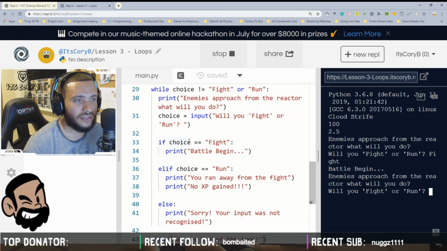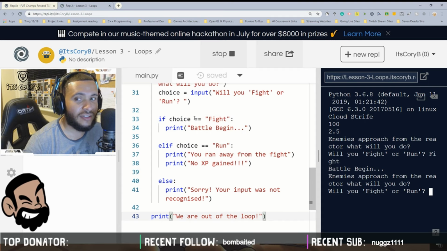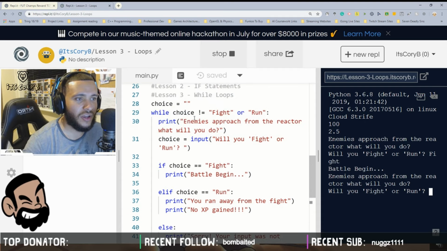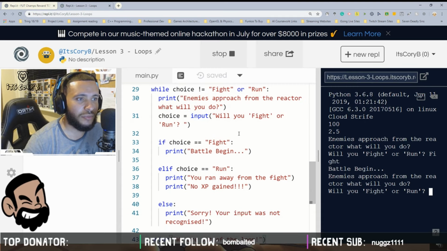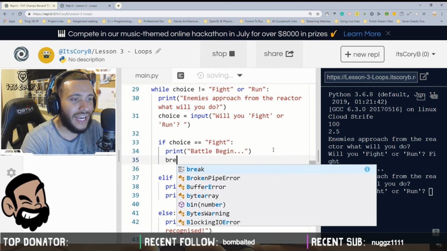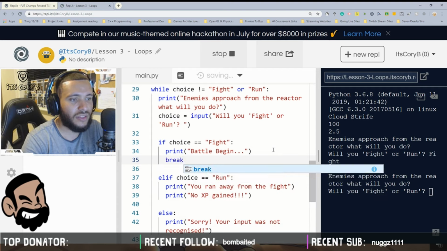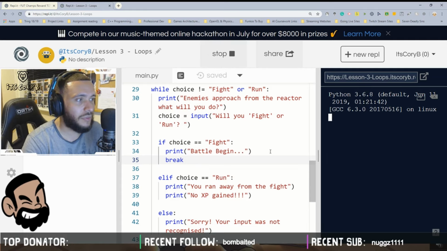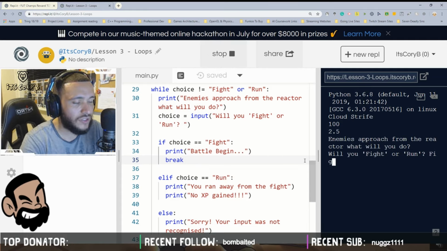It's done the same thing. Now what we can do, and this is a quick fix as it were, to break us out of this loop when the fight has begun, is use a keyword command in Python called break. That should allow us to get out of it. Now I'm going to test it with the fight one in particular. So if I type in fight,